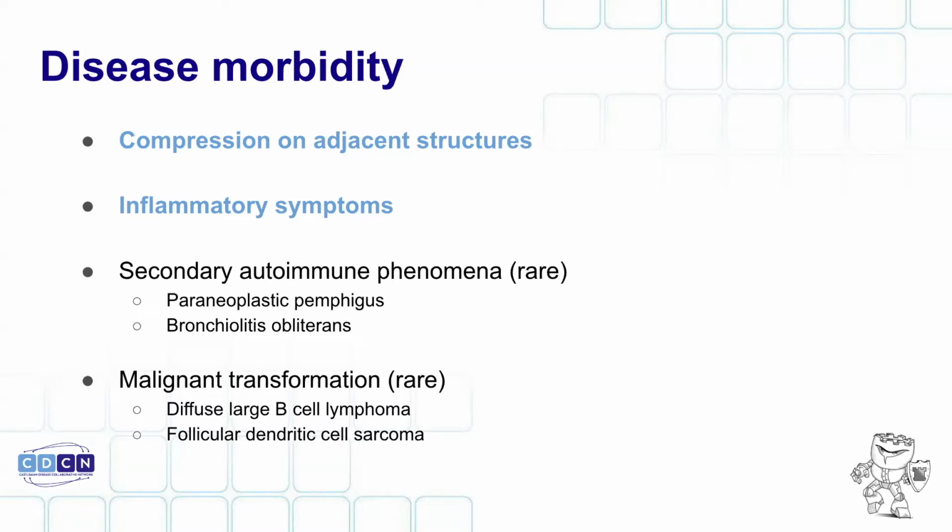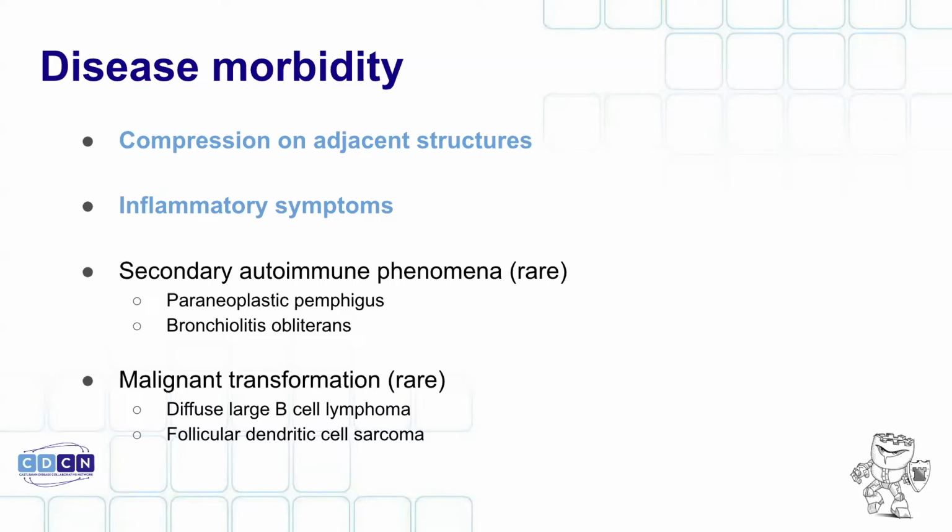If you have ulcerative colitis or Crohn's disease, the immune system's attacking your gut. Multiple sclerosis is attacking your central nervous system. Not necessarily true for Castleman's. It's not attacking any one thing. It's just revving up and going crazy when it shouldn't be. So it sits at that sort of nexus of these things.